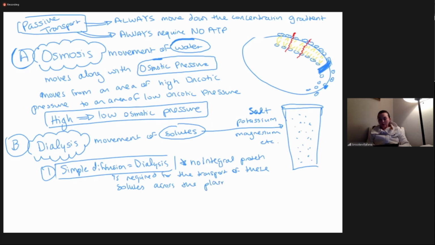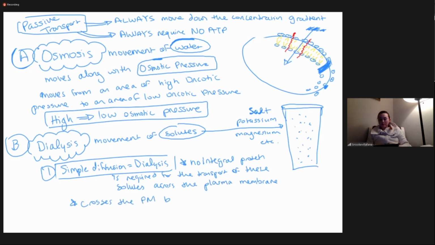So remember, we're talking about things moving across the plasma membrane. The movement of water makes sense, right? I just have water out here, water gets inside, okay? But the movement of solutes is a little bit more complicated because we're talking about solutes now and not just water. In simple diffusion or simple dialysis, something just crosses the plasma membrane